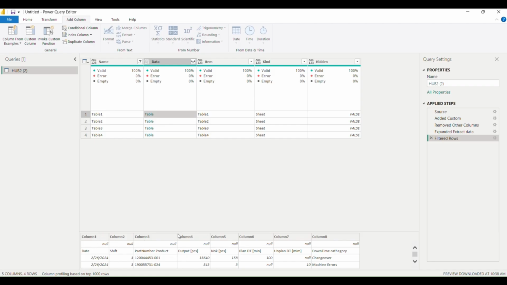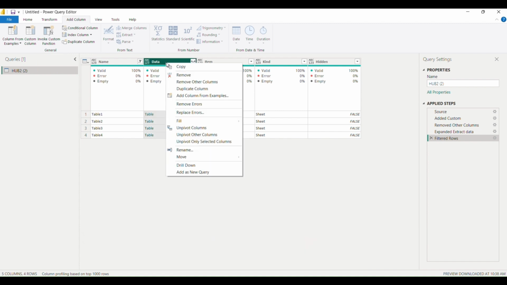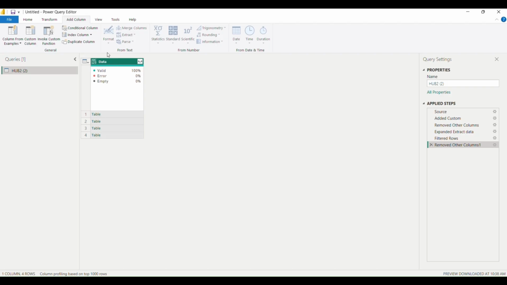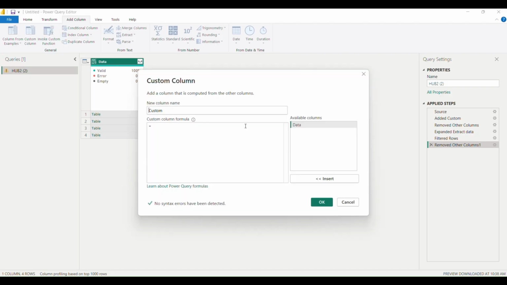For that we need to use a simple function, Table.PromoteHeaders. We will use it two times and everything will be lifted up. Let's remove the other columns, keep Data, add a column again, and now we want to promote headers.